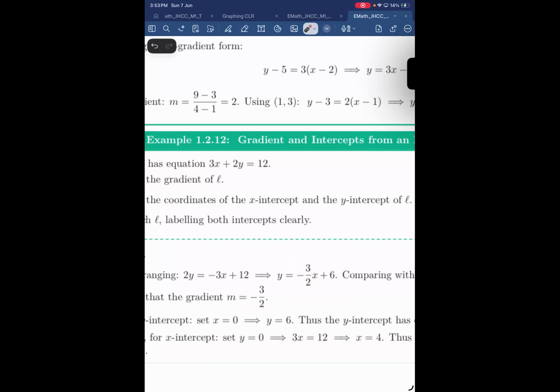Then for part B, find the coordinates of the x-intercept and y-intercept. As per usual, you can solve it. The y-intercept is when x is 0 and the x-intercept is when y is 0. So solving it, the x-intercept is 4 and the y-intercept is 6. So it's fairly standard stuff. Then part C, sketch L, showing both